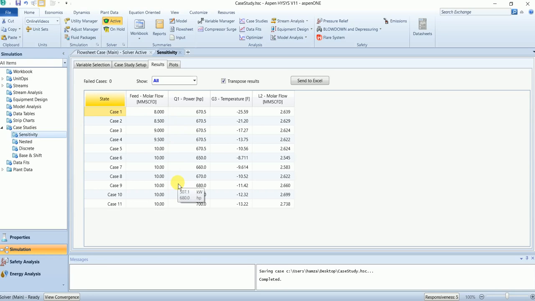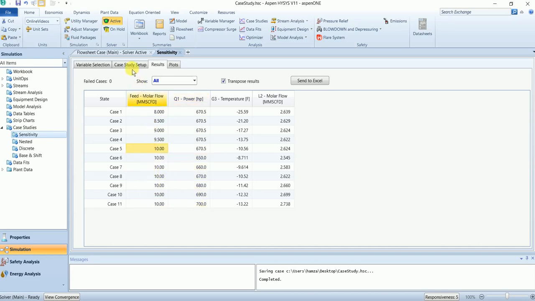It has completed the results. First of all, it fixed the value of Q1 and altered the value of the molar flow. Then it fixed the value of molar flow and altered the value of power.